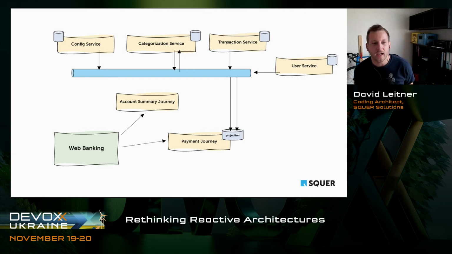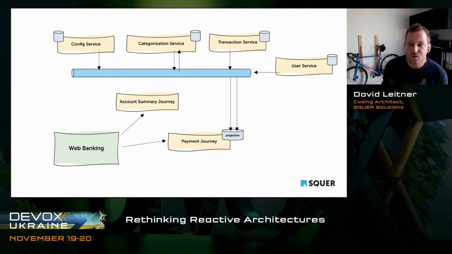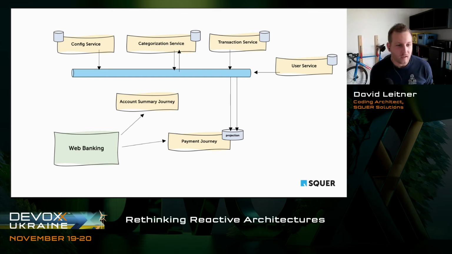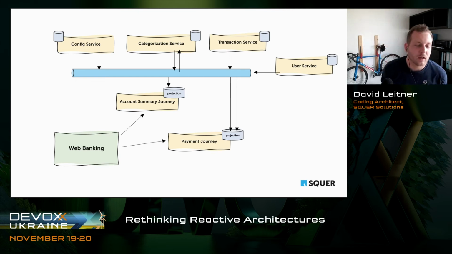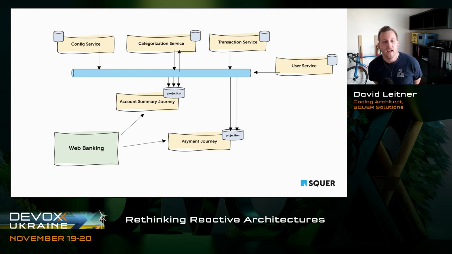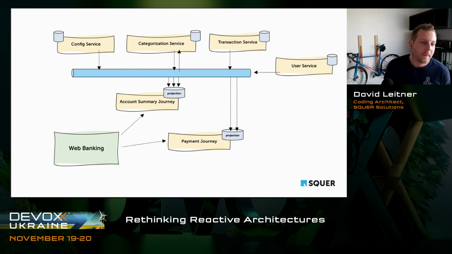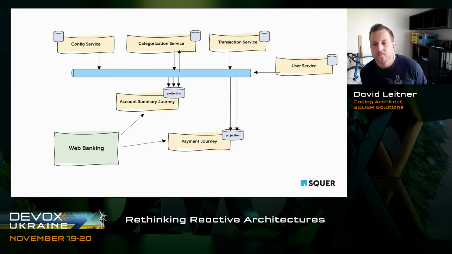And we do this all the time then, right? We say, okay, sounds good, payment journey, kind of done. Account summary journey, again, we need to project into these projections, right? And we take all the data which we need to fulfill this customer journey without having, at runtime or at request time, basically, an upstream dependency.